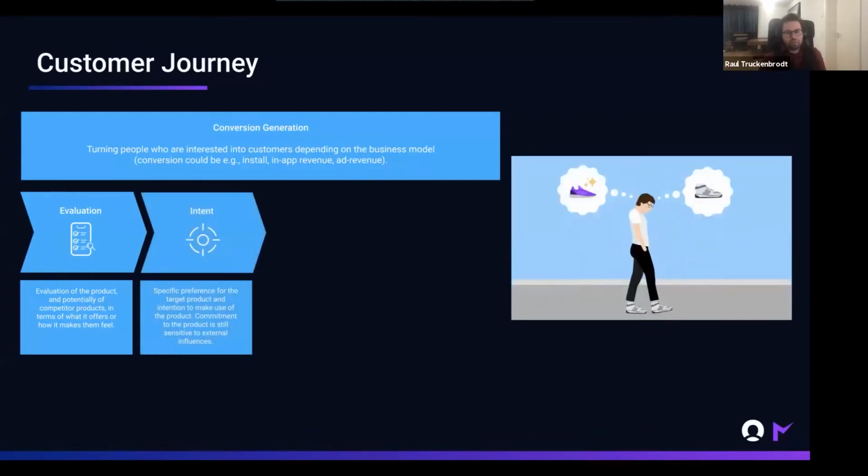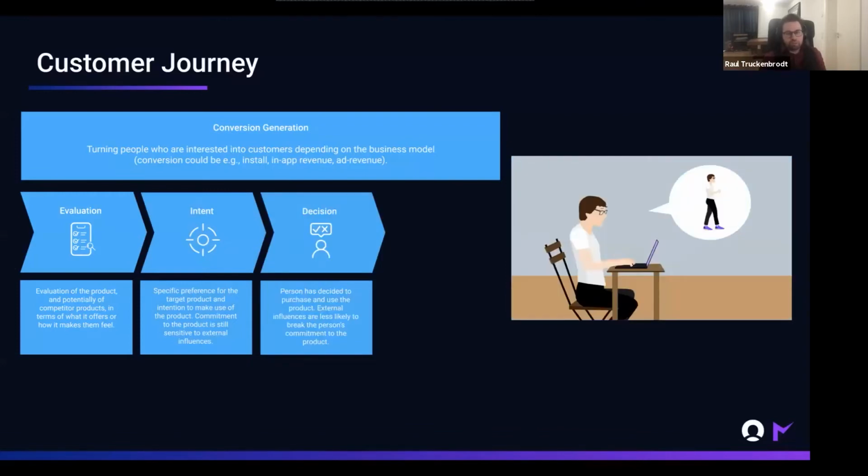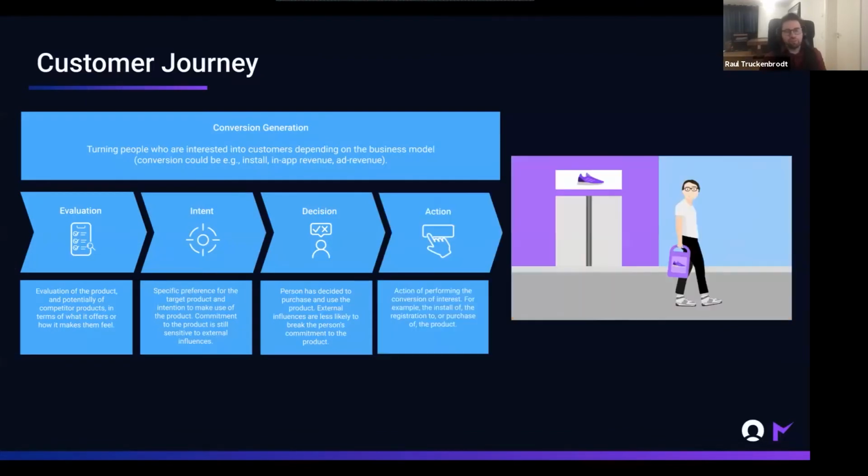Then the user is developing an intent to really purchase these shoes. They have to make the decision. There's a difference between intent and the decision, and there is a huge difference between making the decision and actually taking the action of purchasing your product or downloading your app. Exactly. Now we are leaving after the acquisition of a user, so the first purchase of Christian's new shoes,